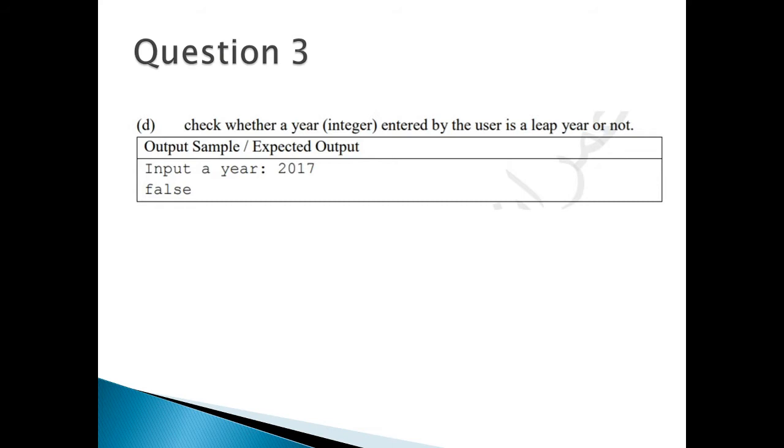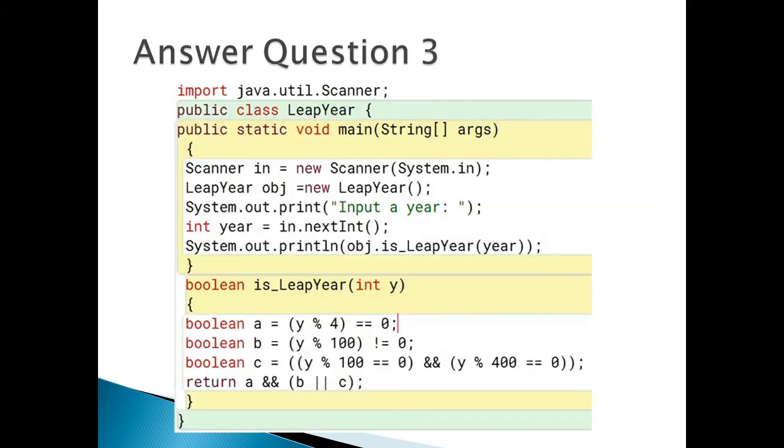this is a logical operator. Both must be correct, then it is correct. Both must be true, then it is true. So the first condition, it can be divisible by 100, and the second condition, it must also be divisible by 400. Okay, those are the conditions of a leap year. So this is the answer.